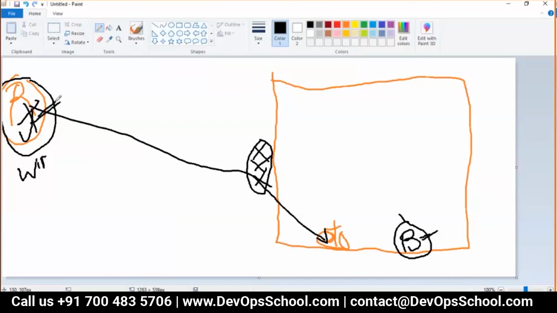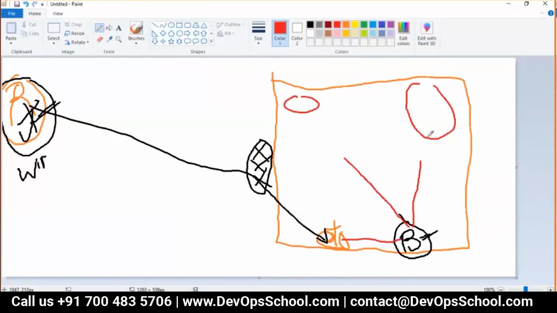Now what will this bridge do? This bridge will help you connect the outside world to the containers, one container, two containers.